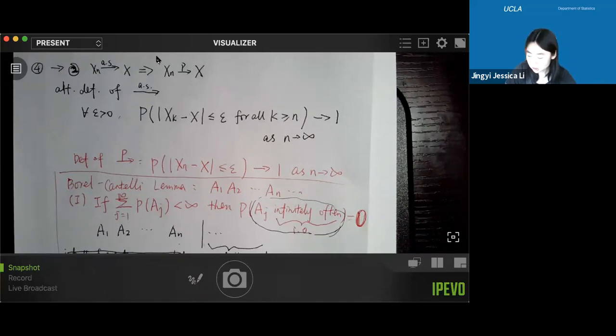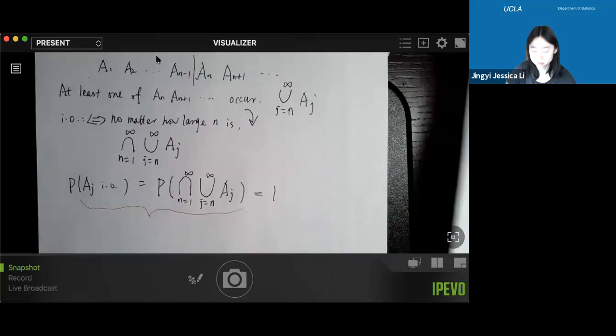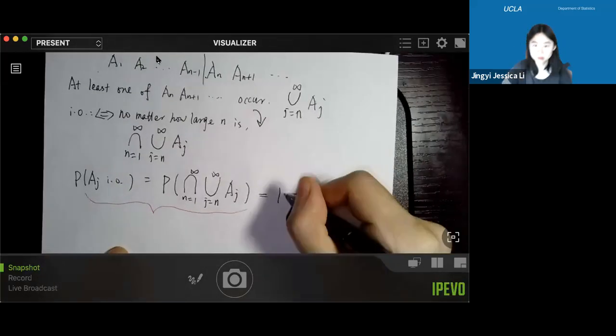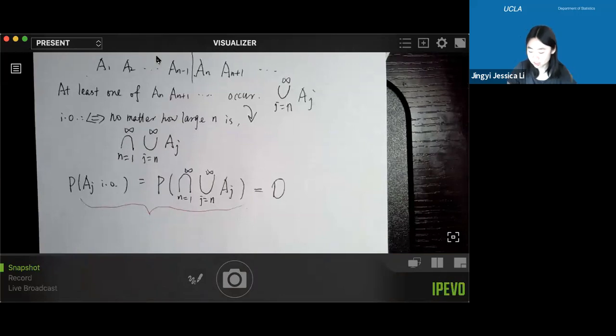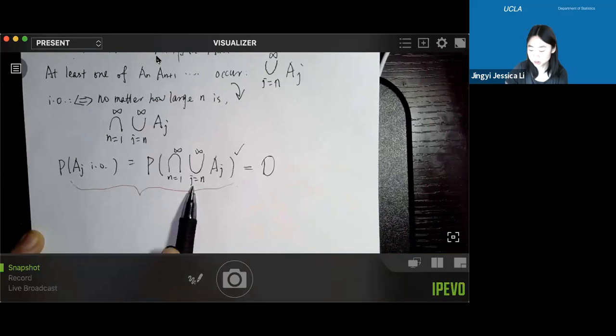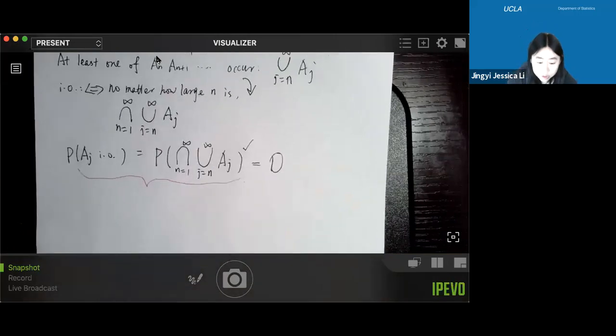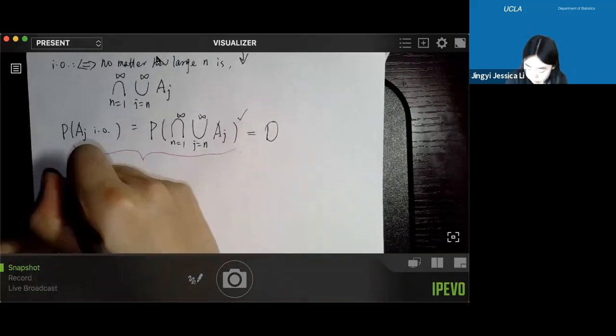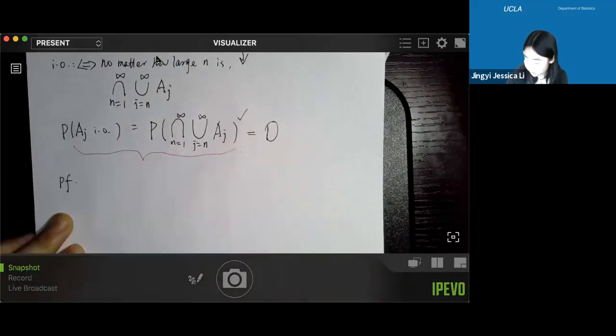Now with this expression, okay, I need to correct this as well. But here, no matter if it's 0 or 1, this relationship always holds. We're just going to prove why this is 0. And how do we do it? Here, we're just going to utilize this definition. Okay, so to prove this first statement,